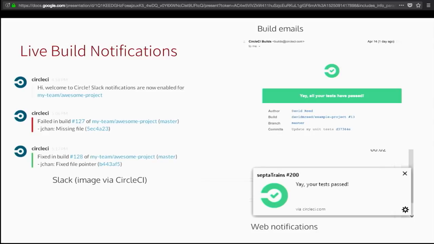If your team uses Slack, you can also connect your CI provider up to Slack, and you can get messages in an appropriate channel letting you know what's going on. You can get web notifications. Pretty much wherever you're managing your work, that's where your CI results can be flowing in. That's the whole point of the exercise, really, is that you're not stepping away from your day-to-day development practice. You're still doing your day-to-day practice, and you're having that practice enriched by a regular flow of results and insight from these code-based solutions that are running against your work.